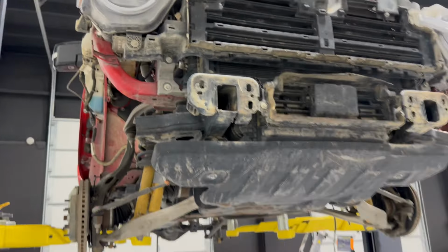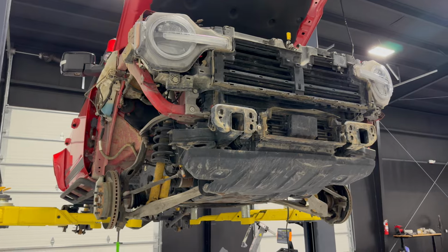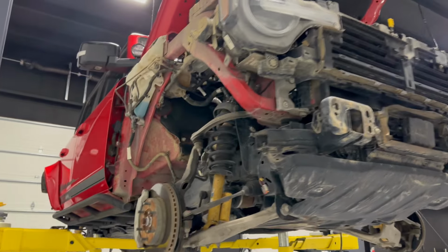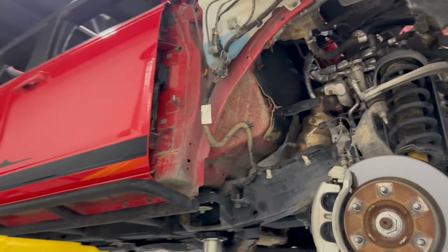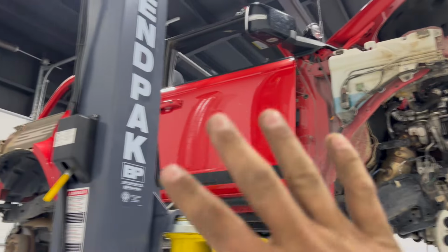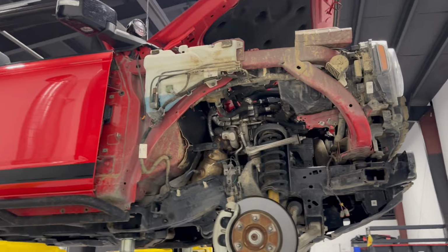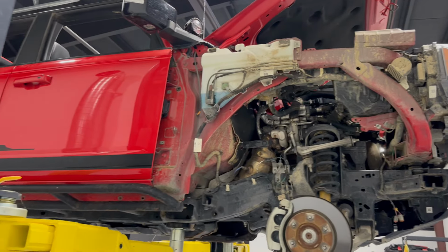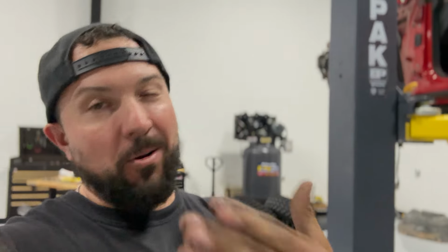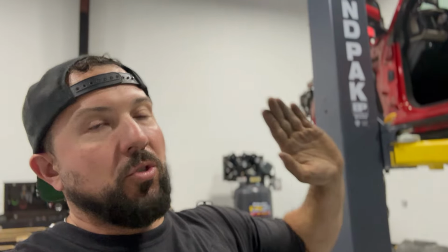All right, well, I know this is a very raw video. I hope you guys are enjoying more of just the information behind it. I just wanted to give you guys a first-hand point of view on the Bronco and what it looks like after I had it for right at 2 years, getting up close to that 100K mark. Not a review, just showing you guys what 2 years of super abusive